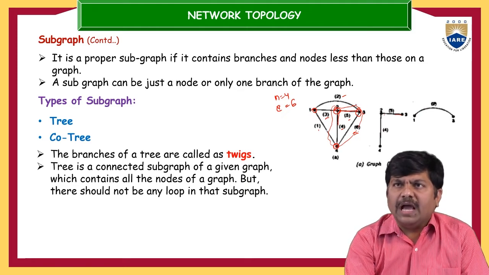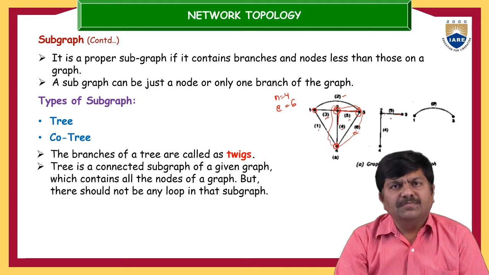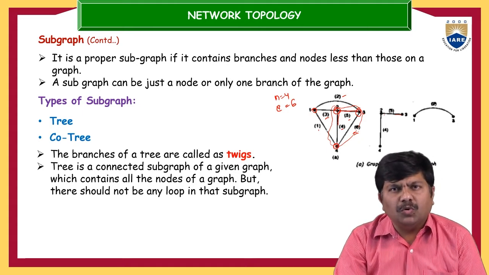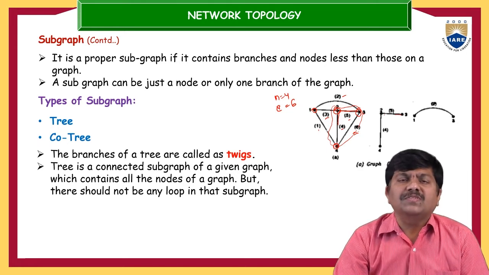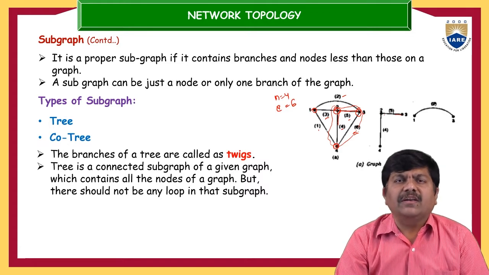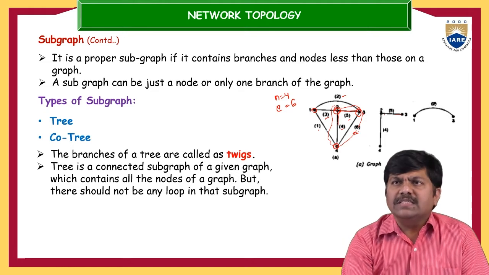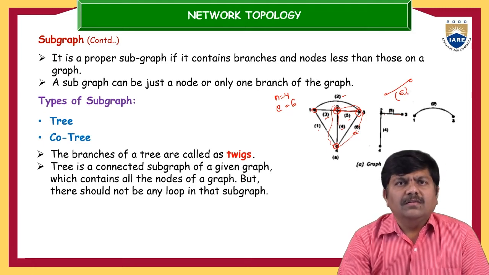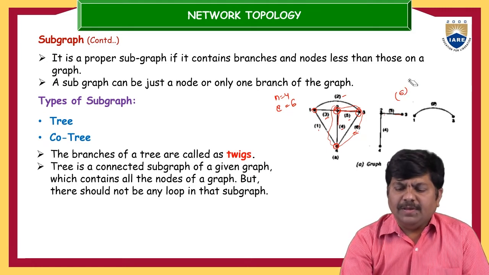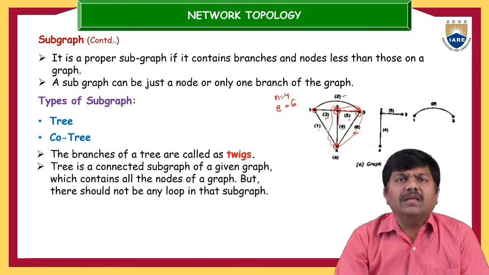Now this cap, this upper shape, is also one type of subgraph. It might be anything, but even if you take one element extended between two nodes, that is also one type of subgraph. You can take any subgraph. Subgraphs you can develop in different manners that vary from person to person, that will be from our perspective. Now this is a subgraph. From another perspective, only the single element number 6 might be the subgraph. So like this, we are going to develop the subgraphs from the given graph.